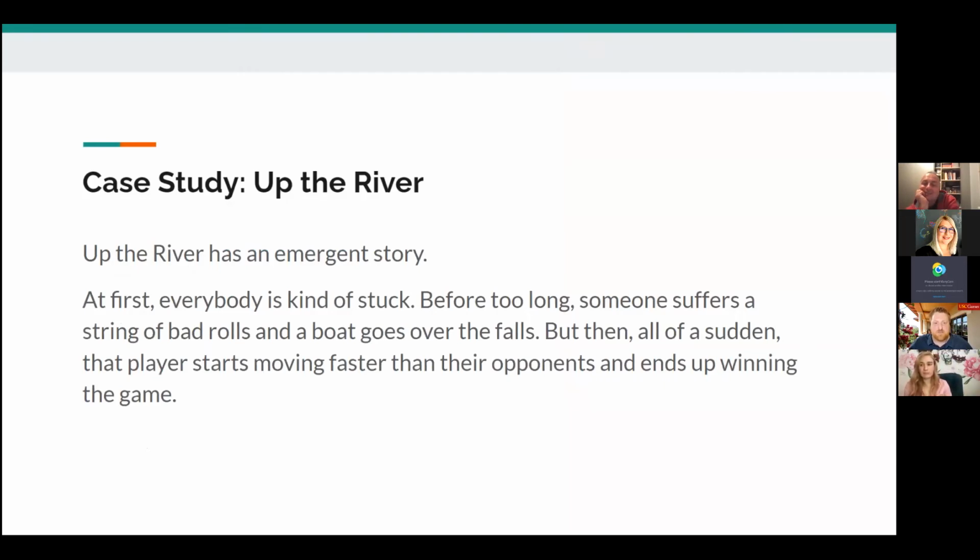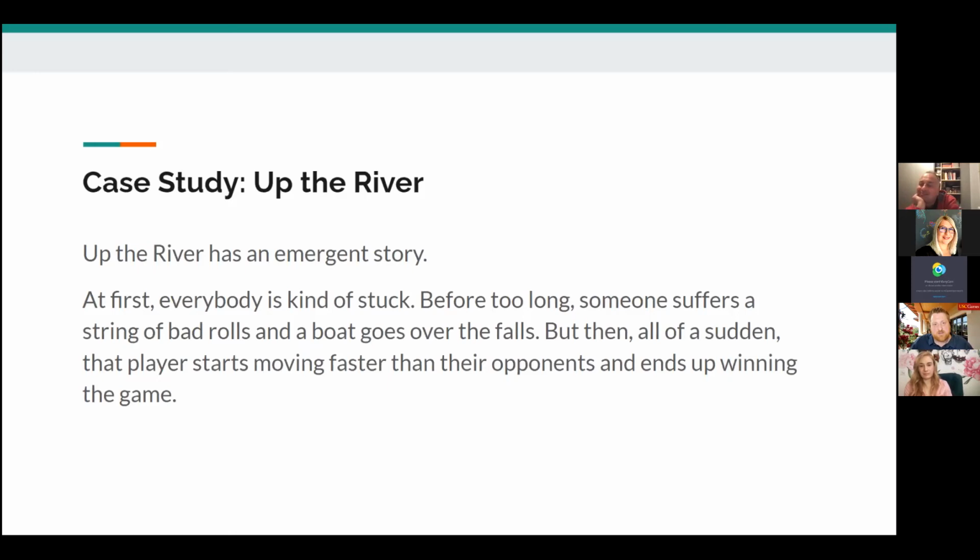But before too long, someone suffers a string of bad rolls, gets a bunch of 1s or something like that. And one of their boats goes over the waterfall and disappears. And it's sort of tragic. Everybody's like, oh man, that player is in trouble. But then all of a sudden, that player starts moving faster than their opponents.